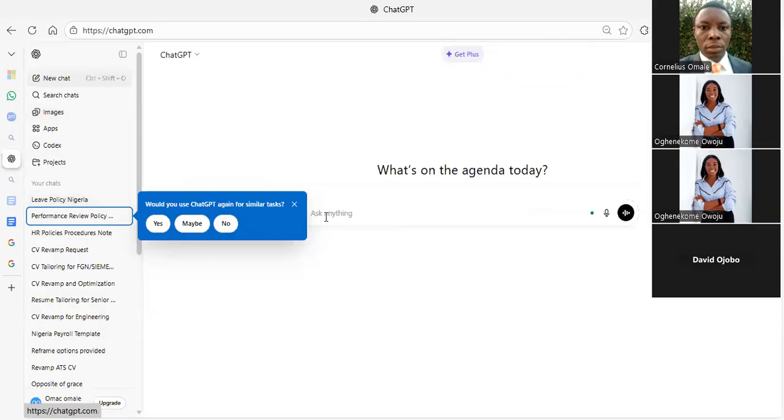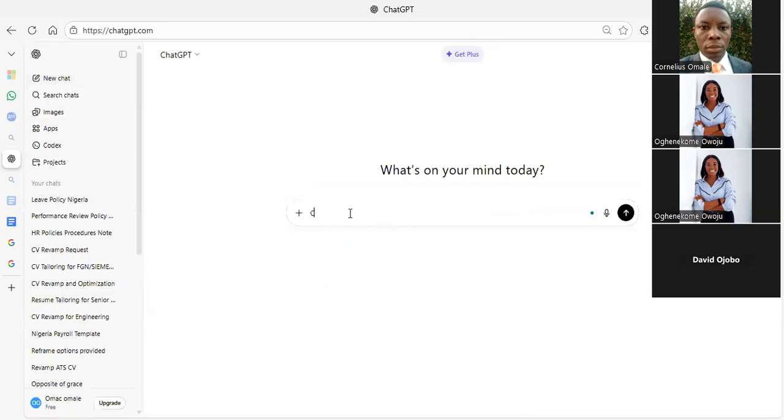Now look at the way we're going to tell ChatGPT: create an employee handbook table of contents for Hallmark Consulting Services,